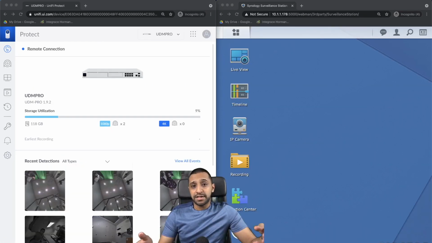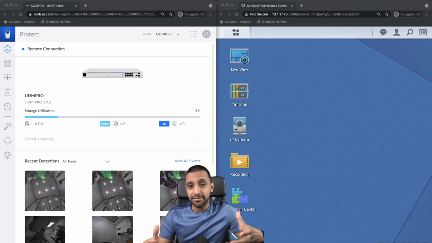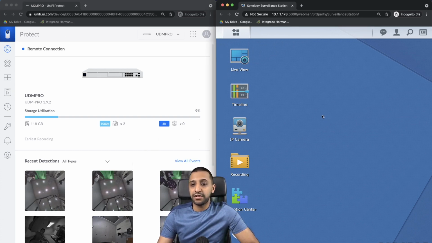So now we've looked at it from the outside in, now let's have a look under the hood. So let's have a look at the two different applications and how they work. On the left hand side you can see I have the UniFi Protect, and on the right hand side you can see I have the Synology Surveillance Station. So straight off the bat, you can see they both have very different visuals in terms of how